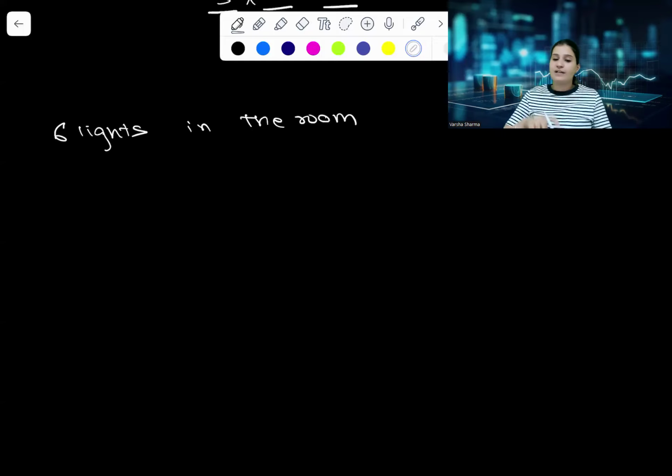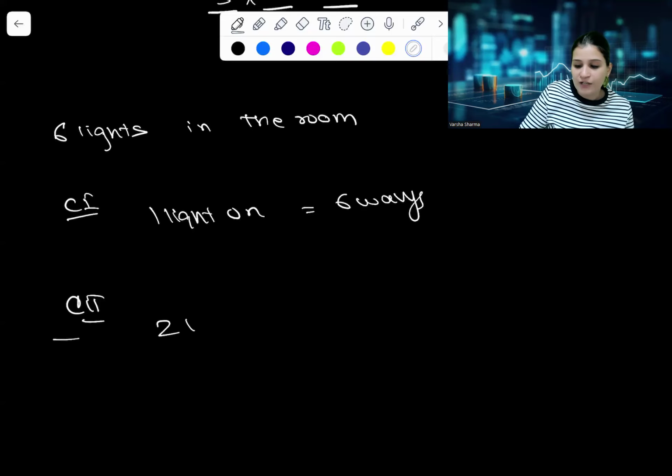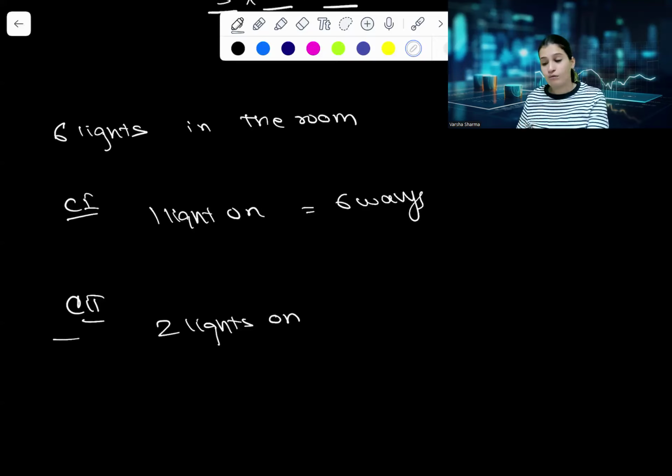Case 1, there is only one light. Case 1, one light on. How many ways? 6 ways. Yes? Yes, ma'am. Case 2, 2 lights are on. How many ways? You are saying 5. 5 ways. Explain. How? If I want 2 lights in my room to be on, I can switch on the